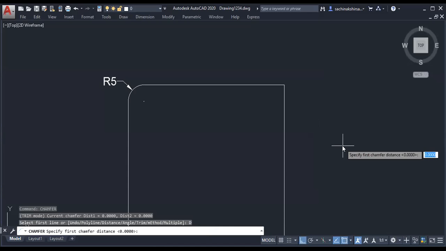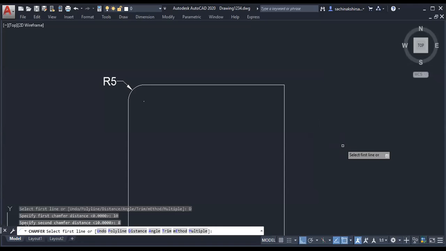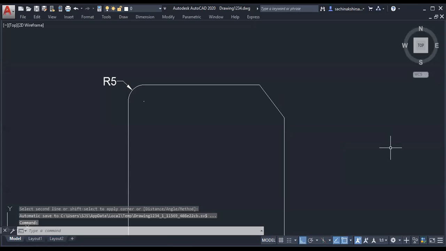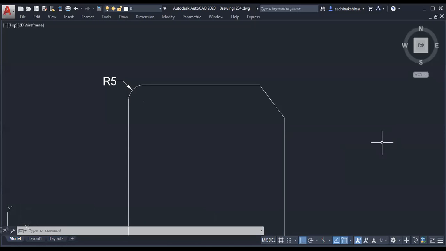I will type one distance as 10 and another distance as 8. The first distance, the second distance. What change are you observing right now? Whether the sharp corner is converted into smooth. Yes.